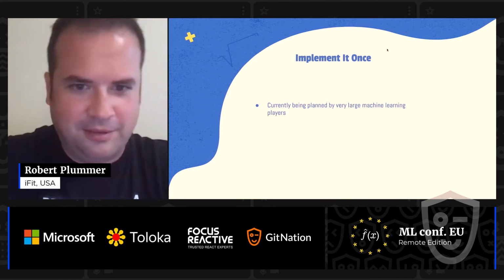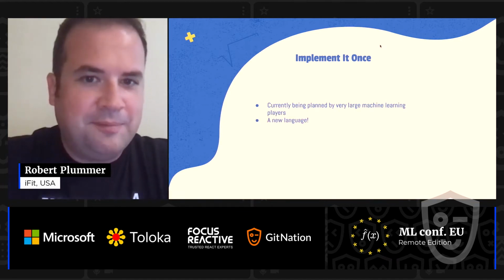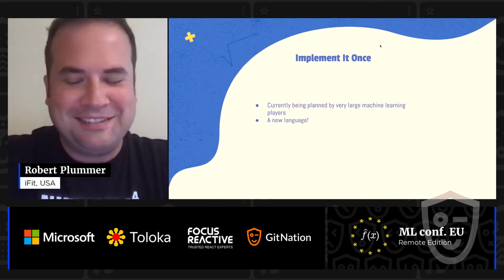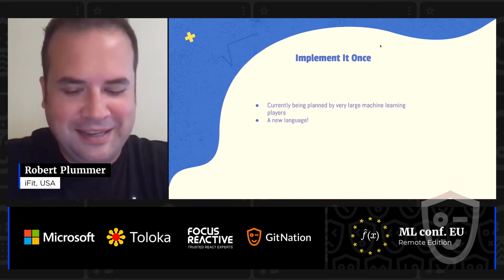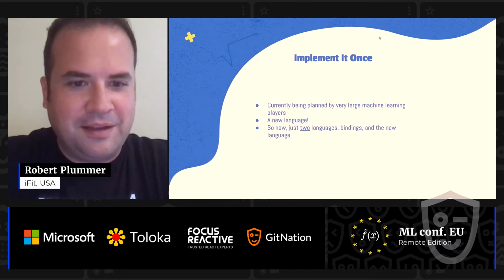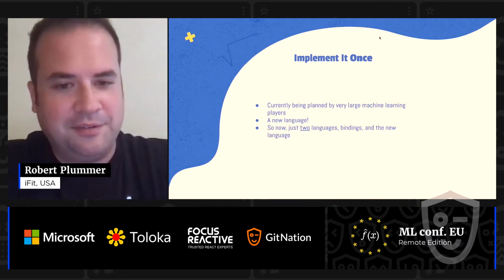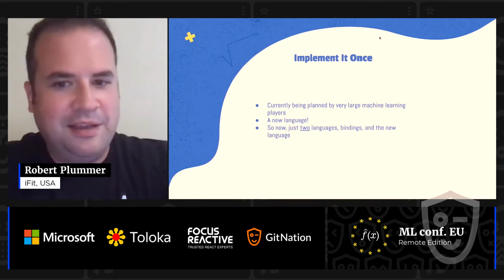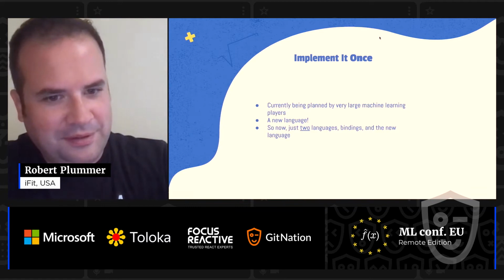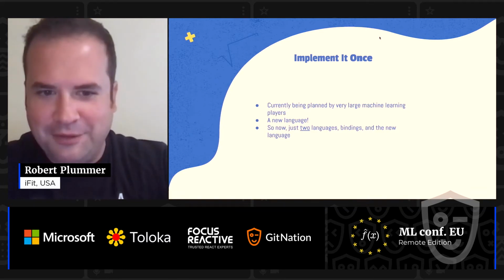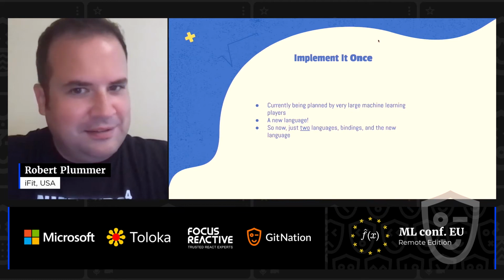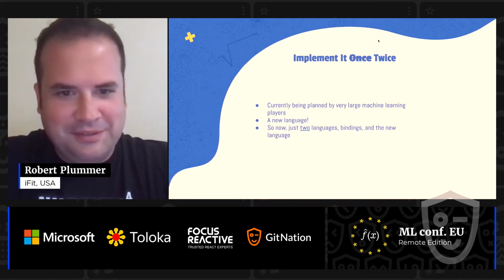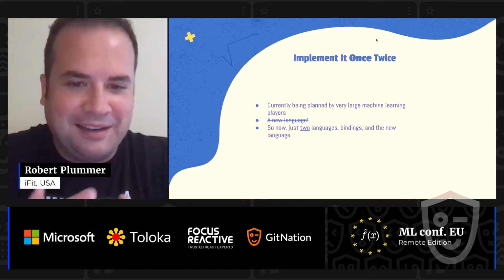So let's walk down that path, what they're talking about. They implement a new language right at the start. Brand new language. Yay, right? Amazing. So now you don't have 8 languages or 6 or 5 or 3. You've got 2 languages, but you still have bindings and you have a new language. Now think about that. We have a new language. Guys, we do not need another language, and we do not need to implement it twice. We don't need to do that.